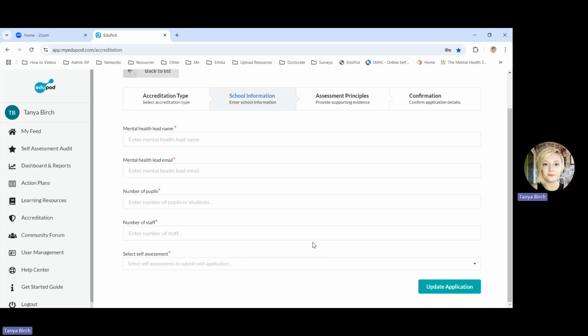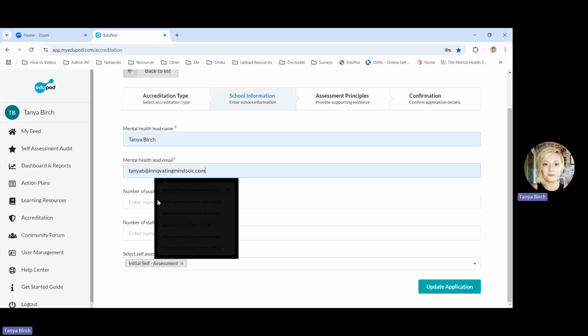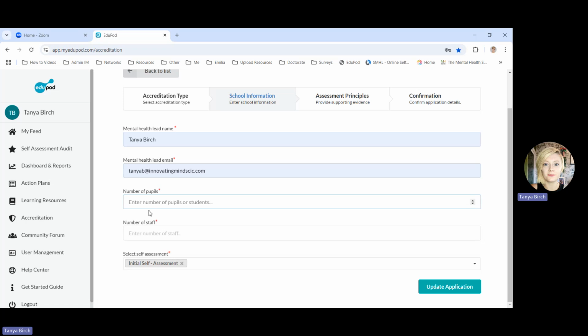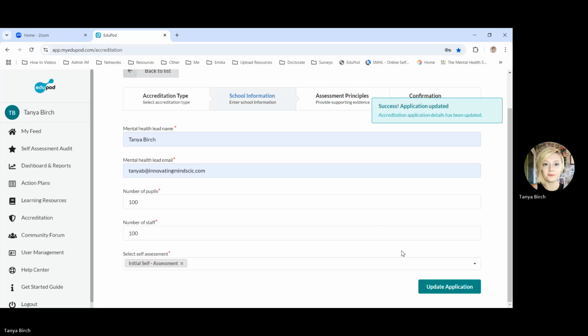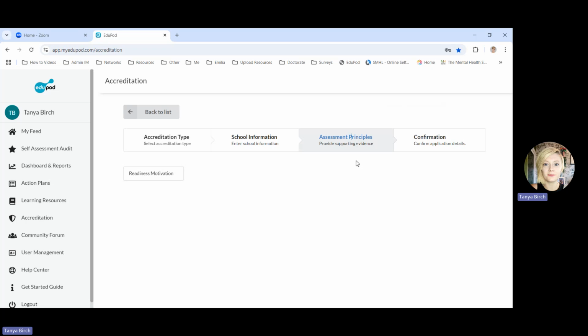When you start your application, you need to complete some basic details here. And the most crucial part is that you select the audit that you wish to use as part of your application. This bit's really, really important because that's the part that will allow your scores to drag across into the application, in addition to all of your notes as well. So once you've done that, you'll see this success application updated here, and then you're going to tab across to